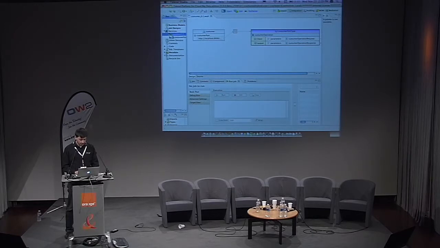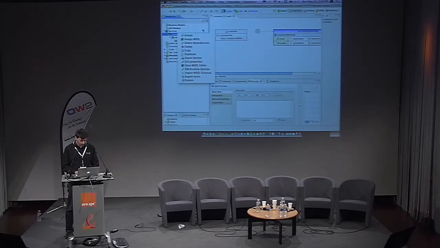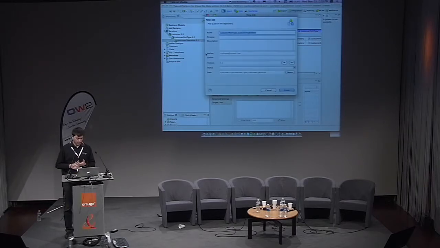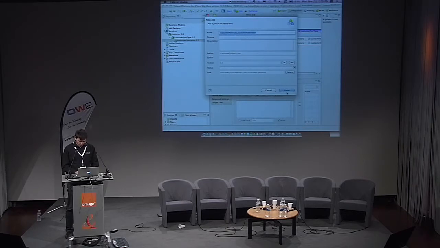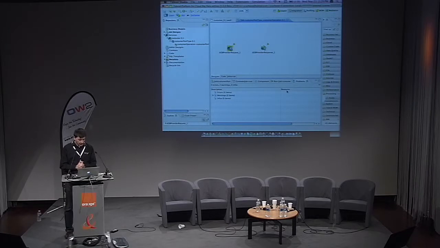Now I have defined my service with a request and a response. I can now start with the implementation of the service, so the business logic behind the service. I will import the schema and create a job to implement the business logic. I will stay with the default name, for example. And now it creates a job.